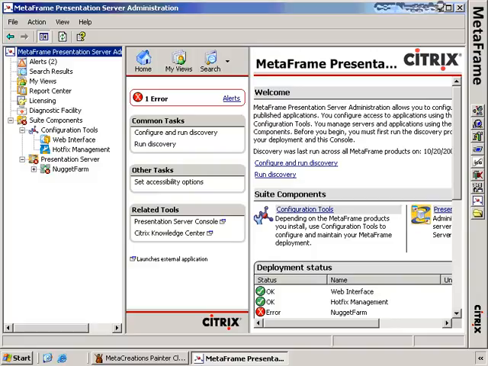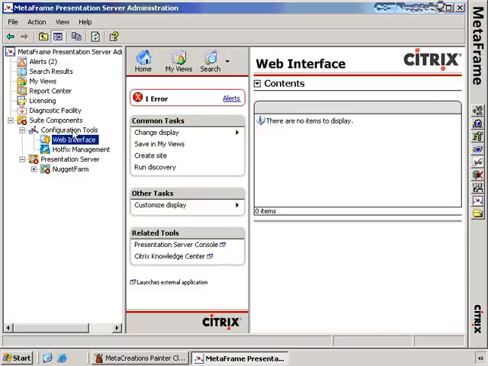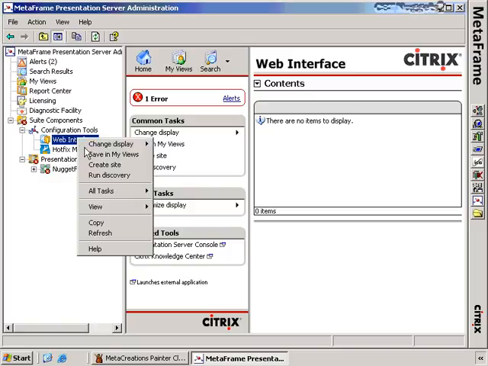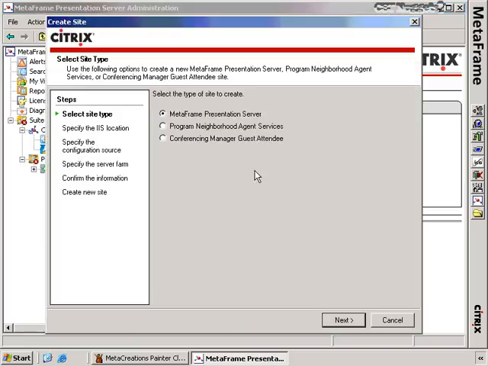Suite console. In our Access Suite console, the node that we have particular interest in for creating web interface sites is here under Suite Components. You'll see Suite Components, Configuration Tools, Web Interface. In order to create a new web interface site, we need to right-click on Web Interface and actually choose to create a new site. This will allow us to create any of those three particular types of sites within this